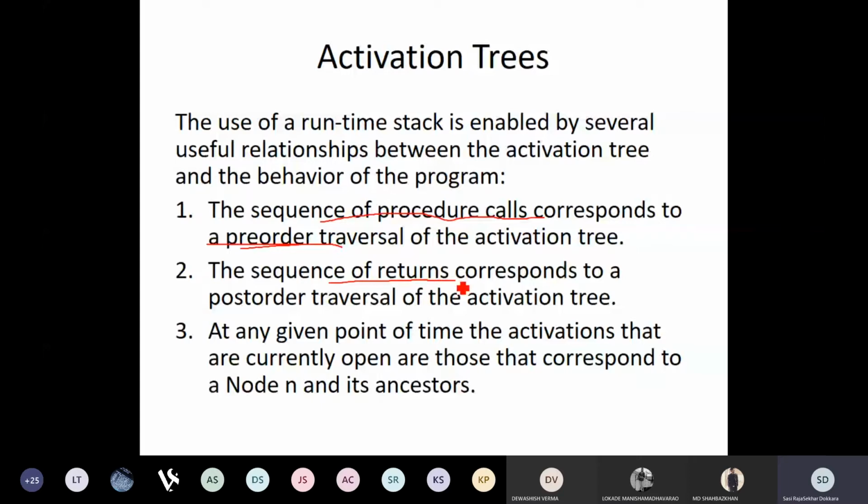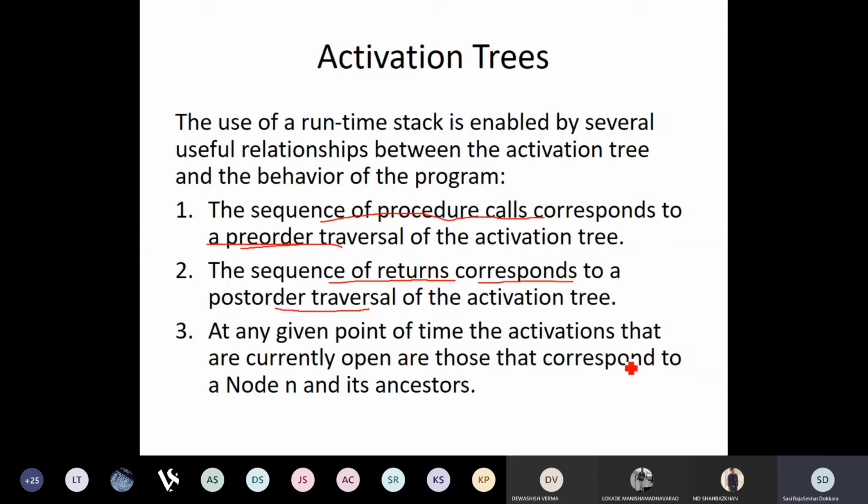For example, A calls B, B calls C, C calls D. D is the one which is going to return first, then C returns, then B returns, and then A returns. So the returns are in the reverse order of the way in which the procedures are called. Therefore, the sequence of returns corresponds to a post-order traversal of the activation tree.